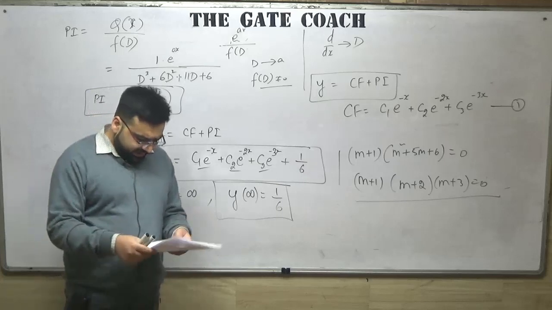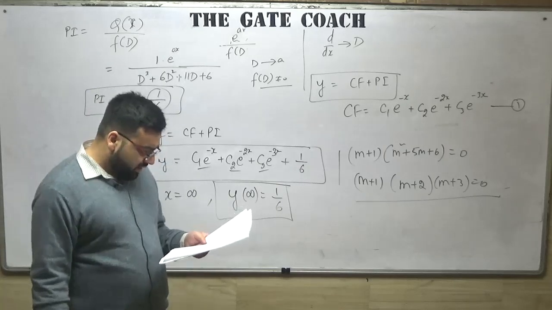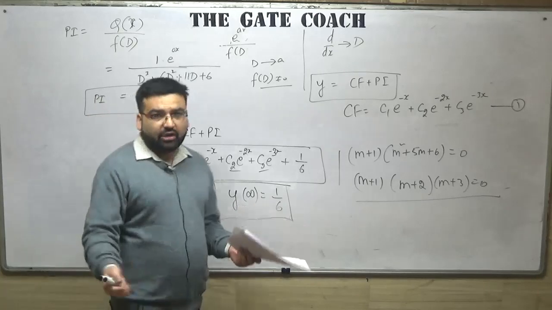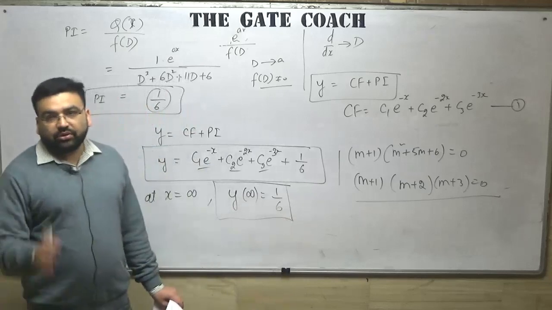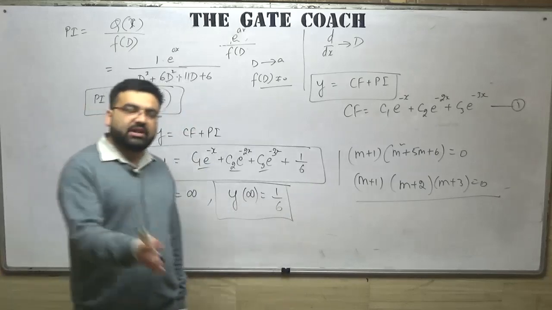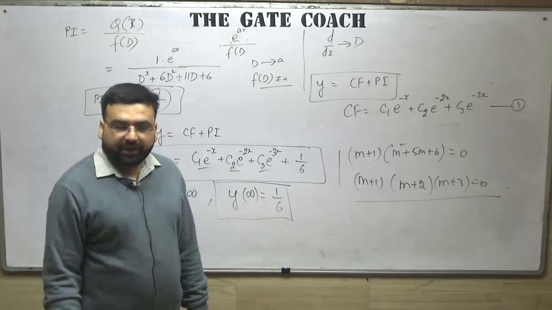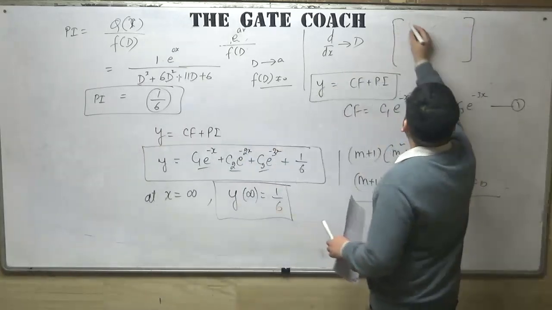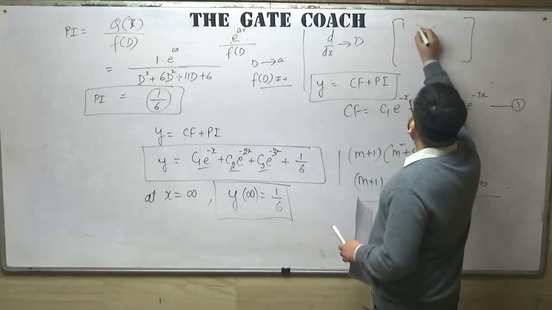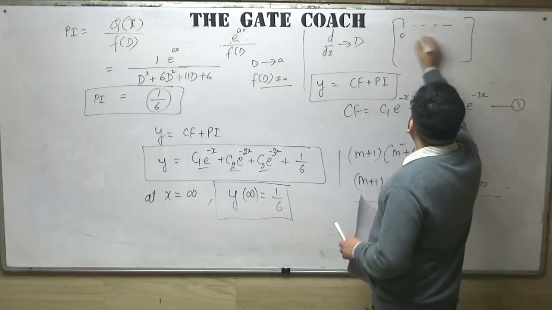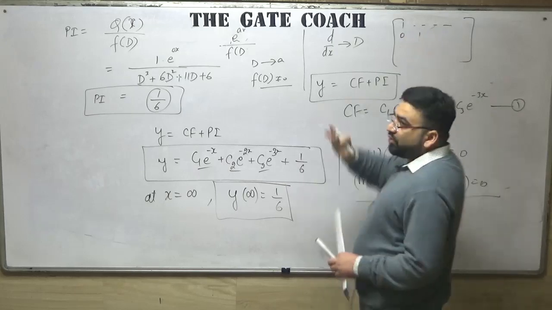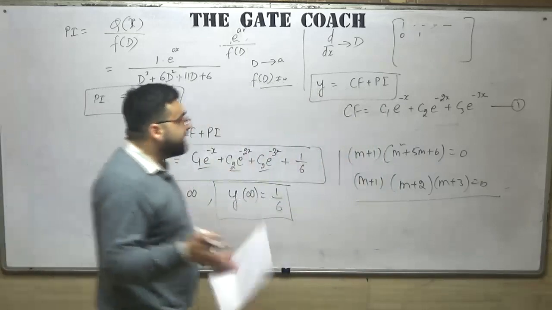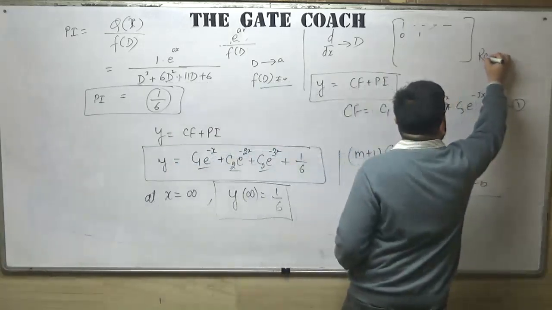One more question: students are saying that there was a matrix question, a 4 by 4 matrix, and you had to calculate the rank of the matrix. Students, if you want to calculate the rank of the matrix, just convert the matrix into echelon form. For example, if it is a 4 cross 4 matrix, it will start with 1, then something, something, something, then this will be 0. The next row will start with 1. Once you convert it into echelon form, the number of non-zero rows will be equal to the rank of the matrix. And students are saying that the rank of the matrix came out to be equal to 3.